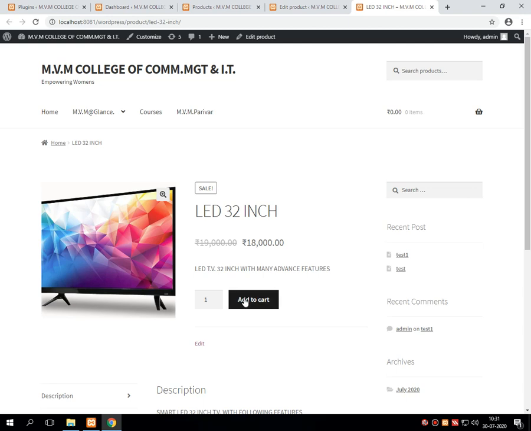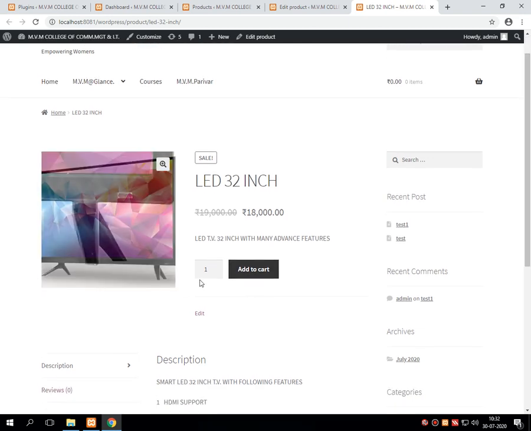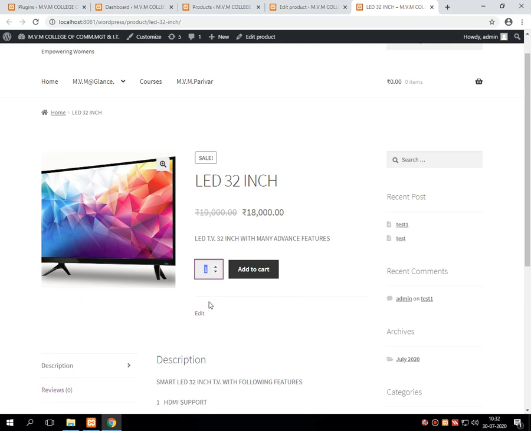Now what we are going to do is this is our phase number 2 for WooCommerce. In this phase, we are continuing with the facility of add to cart. We will see how add to cart works. So first, here the quantity which we want to purchase, we have to give. Suppose I want to purchase this particular TV, a single piece, then I have to keep it as it is. Otherwise, you can purchase multiple products by just clicking on this tick bar. Here I have kept a single quantity and I am pressing add to cart.